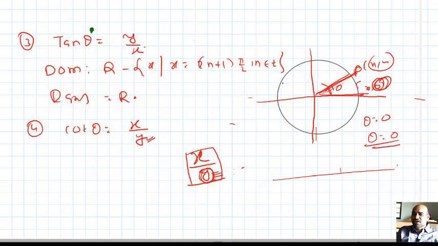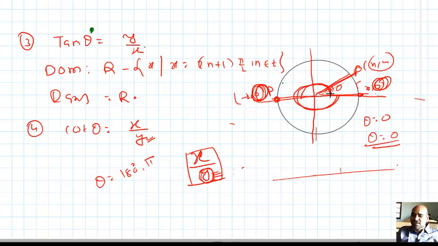One thing. Next, rotate. Your terminal arm is on the negative x axis. P is here, the point is (-r, 0). Here also y equal to 0, which means your angle theta equals 180 degree or pi radian. So y equal to 0, cot theta is not defined. Rotating like that, your P is again on the positive x axis, or you can say your angle is 360 degree or 2 pi radian. In this case also, cot is not defined.